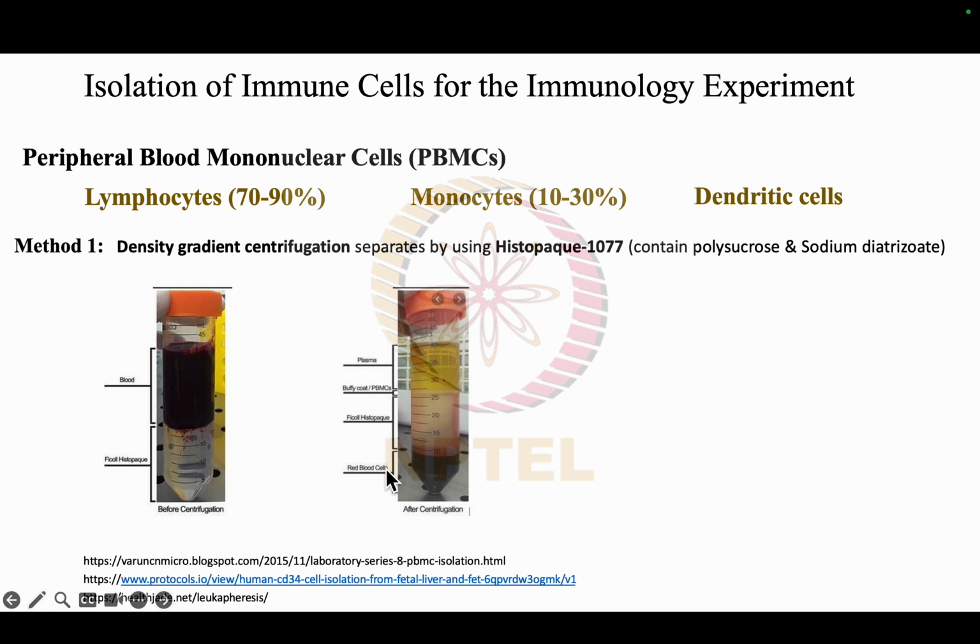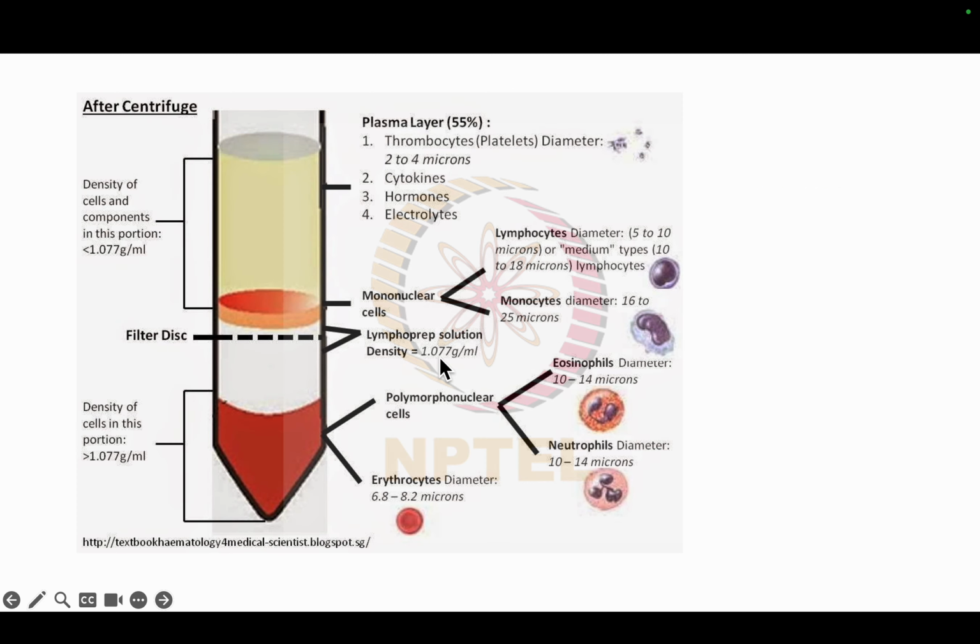Then what you will find at the very bottom is red blood cells. After that you will have the Ficoll-Histopaque, the cushion you have used. Before that you will get the buffy coat or PBMCs, and then you will get plasma. So after centrifugation, the plasma layer is 55%, which will consist of